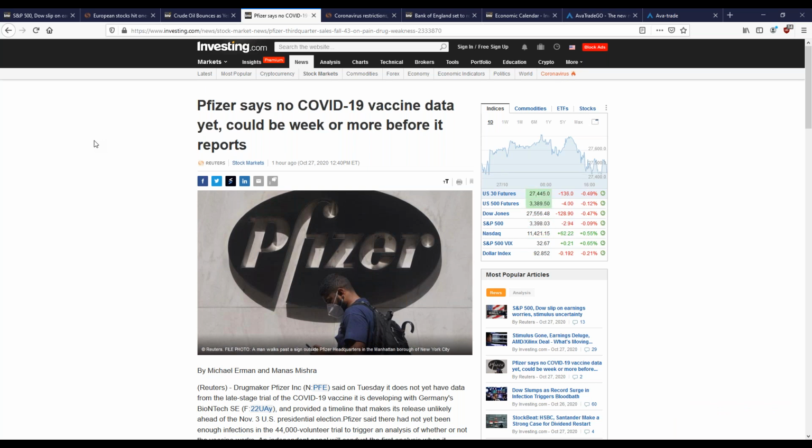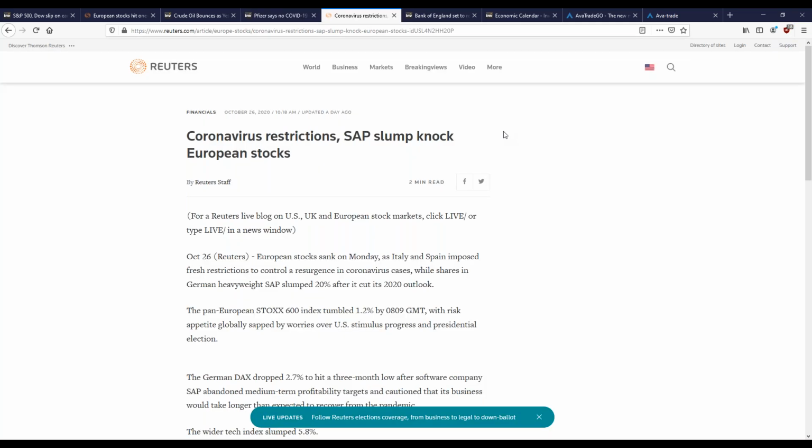So, possible stimulus coming in the next week or two, but not yet, right? Possible vaccine updates that could be positive coming in a week or so, but not yet. So we see, okay, there's some fear, some doom and gloom on the market, but the potential for breaking news in the next week or two that could really swing the markets. Coronavirus restrictions,